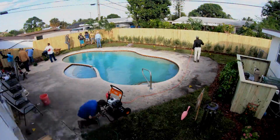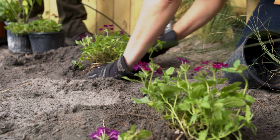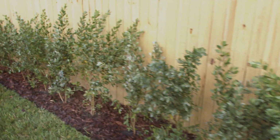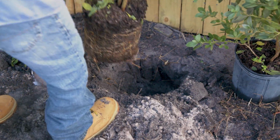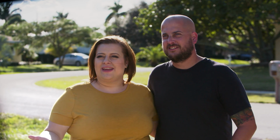The biggest problem here was the weeds. It was clear that they have very little time to spend on maintaining their yard. So we are really pushing to keep it as simple as possible with the lowest maintenance plants we can use in a landscape like this. And the fact that we get to learn about Florida-friendly backyards from the experts was so amazing, and we're so